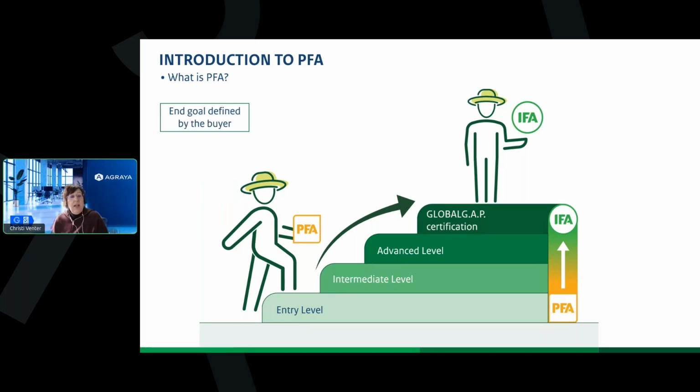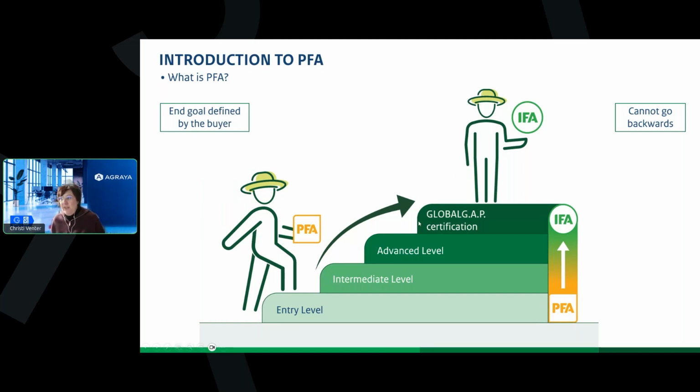But when you talk to the buyer, asking if they accept the program, it's also quite important to know some of them feel the entry level might be too low. Some of them say you have to start on the advanced level. So consult with the buyer to make sure that you start at the right level, or at least know that you have to get to intermediate level before they will look at your product. And one of the golden rules in this program is, because it is a capacity building program, the idea is not that once you get to an advanced level you can go back to lower levels, because that defies the whole purpose.